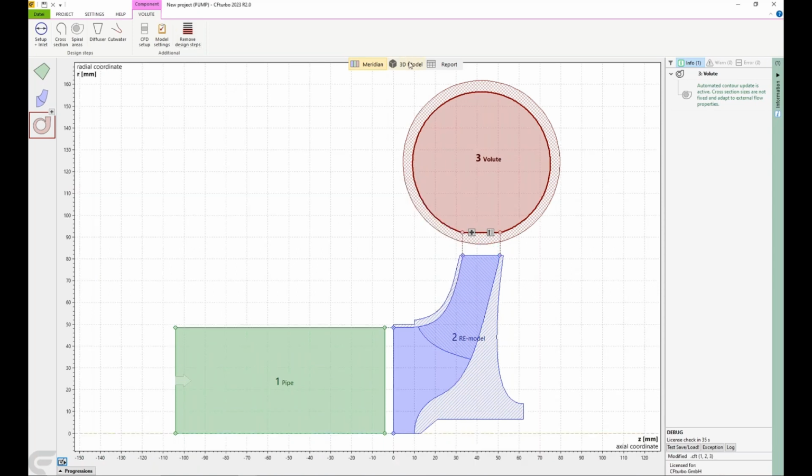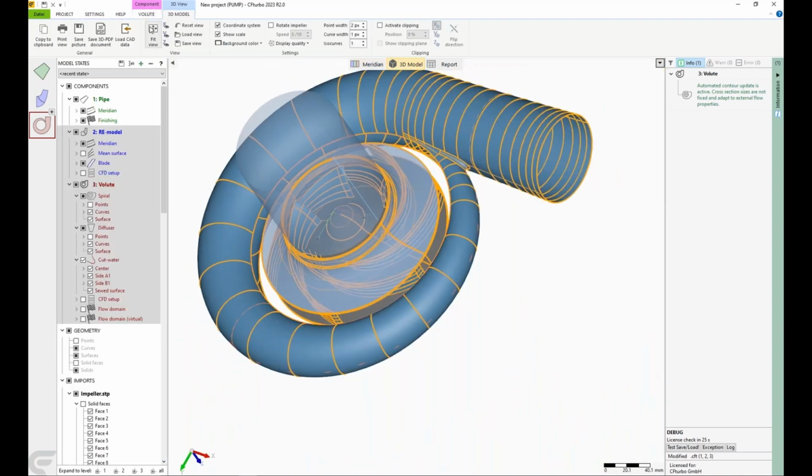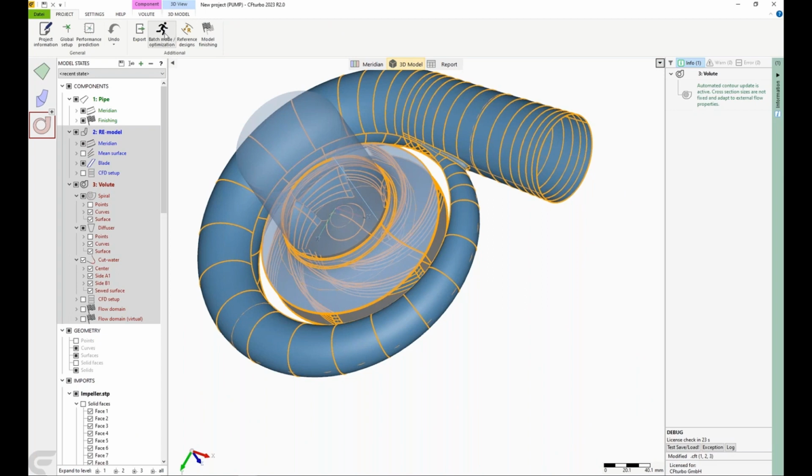Okay, again, if I go to the 3D model and let the kernel of CFturbo generate watertight solids, I can do that by clicking on model finishing. Then you get an impression of what has been defined. Once this is ready, I can just select the